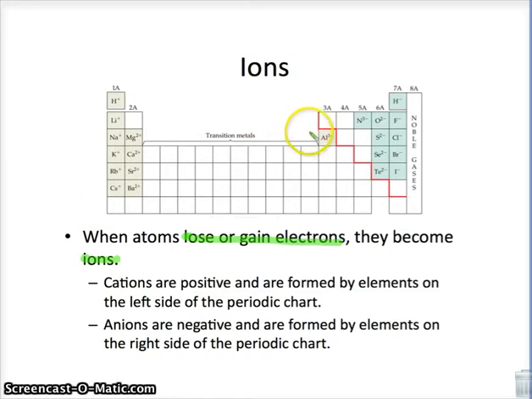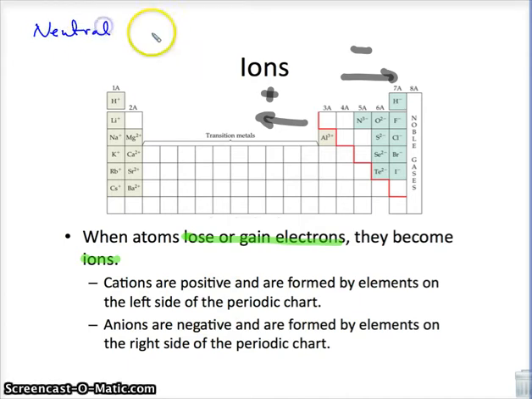Notice that we are kind of using our staircase. We know everything to the left is generally positive. Most things to the right are generally negative. And what we're looking at when we look at a cation or an anion, we're comparing, because in a neutral atom, the number of protons equals the number of electrons. What you want to notice here,